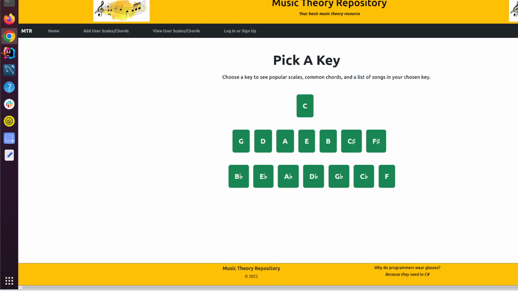is absent to me. So I thought that, just out of self interest, I would create something like this where I could reference most of the common scales or most of the common chords that you would find for a specific key at least. I'm sure that there are books out there that have this information in it. If there are, I'm not really aware of them, but I'm sure there's reference books out there with all kinds